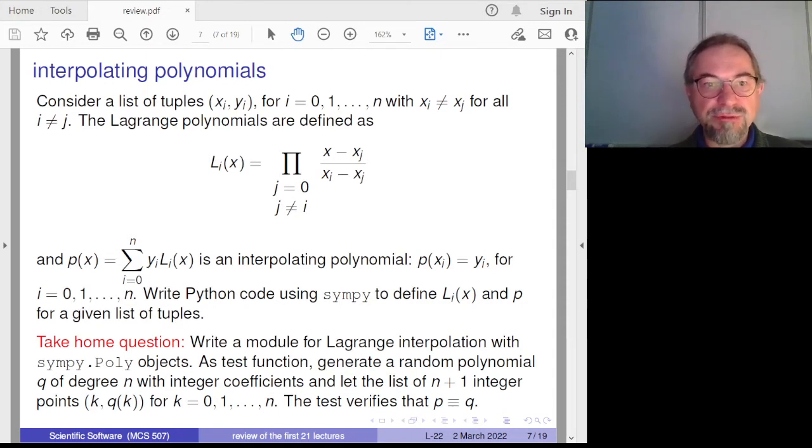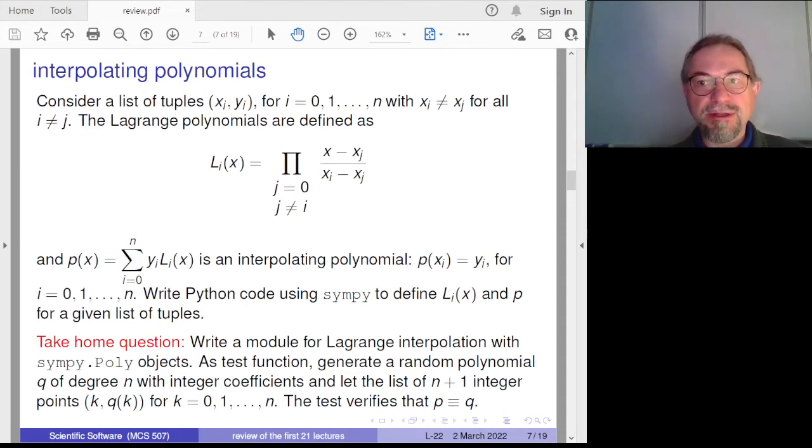So just as you see, you define your Lagrange polynomials, and you have a set of data points, data tuples, and you construct the interpolating Lagrange polynomial like that. So here again, it is important that you know how SymPy works a little bit. So you have to write Python code. If it works, all the better. But I should, in any solution, see that